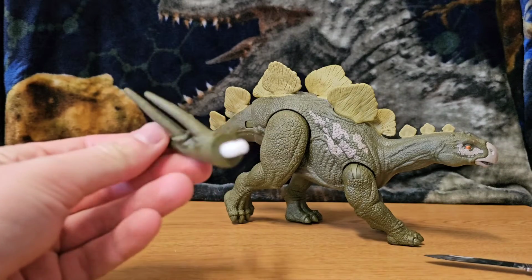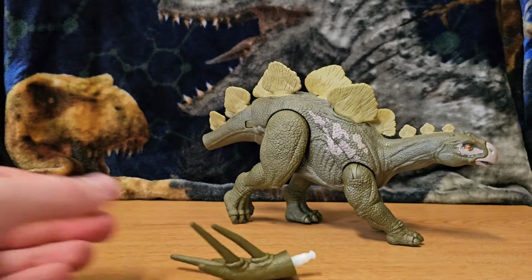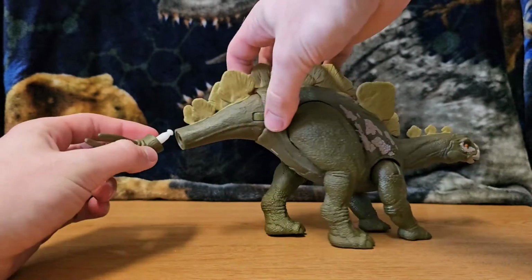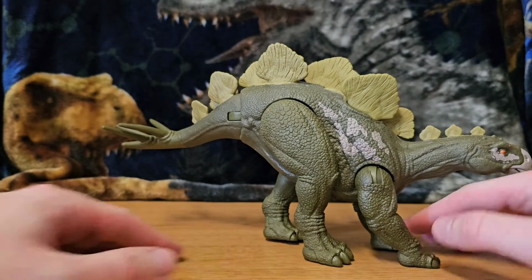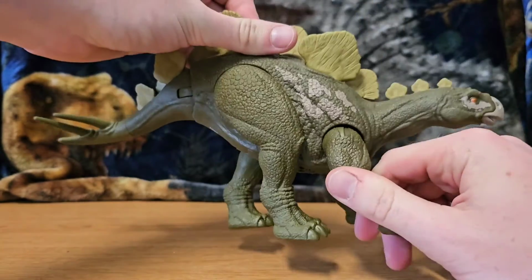They really gave us that much extra tail to put on. I mean, I'm glad it's the longer tail, but really? That much to put on? It's a little ridiculous. Yeah, that's nothing. Okay. Complaints aside, here is our